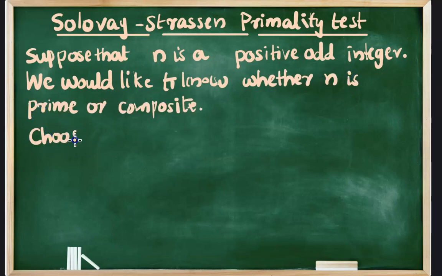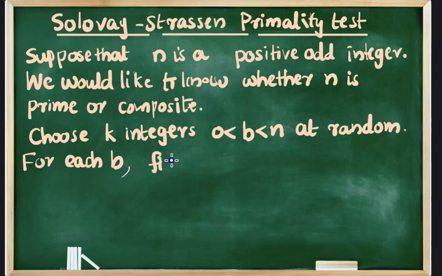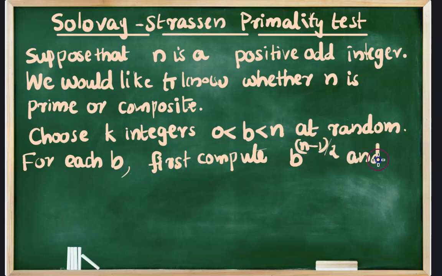Let us choose k integers b, 0 less than b less than n, at random. For each b, first compute b raised to (n-1)/2 and the Jacobi symbol (b/n),